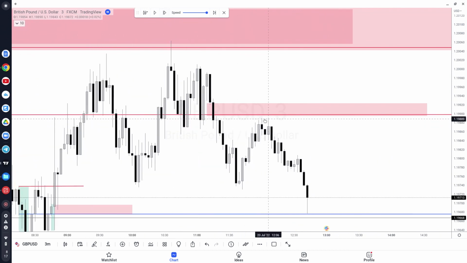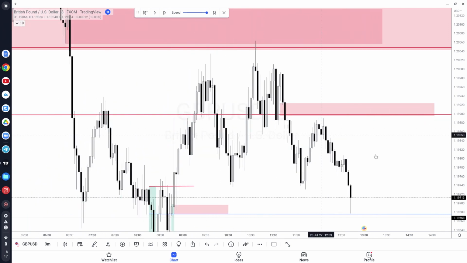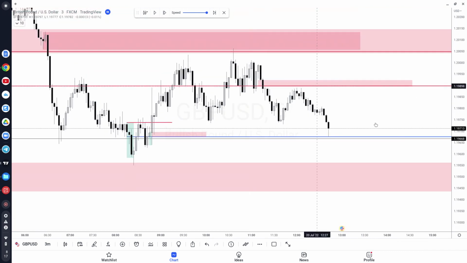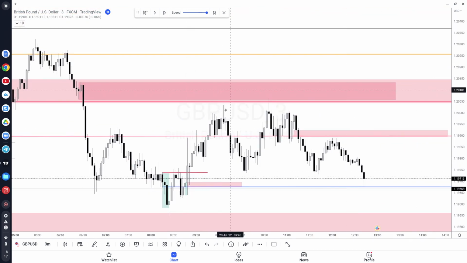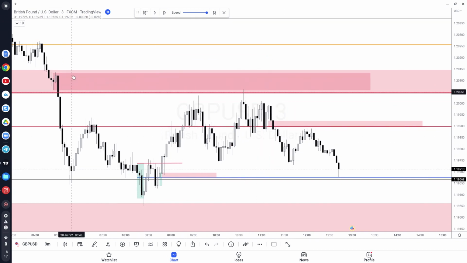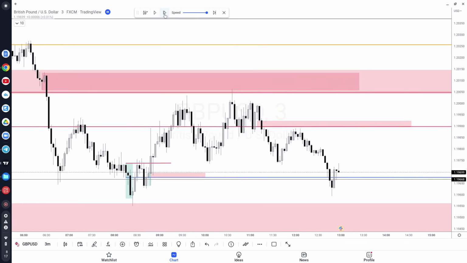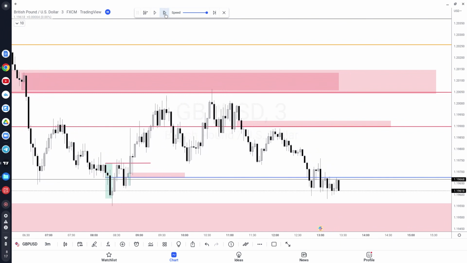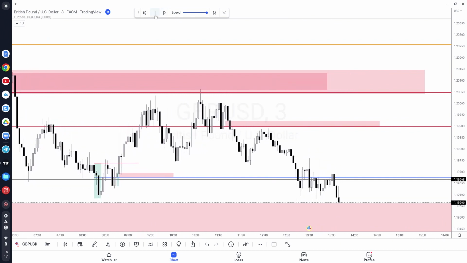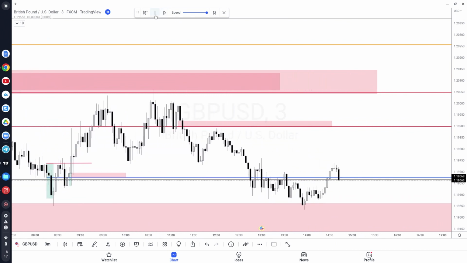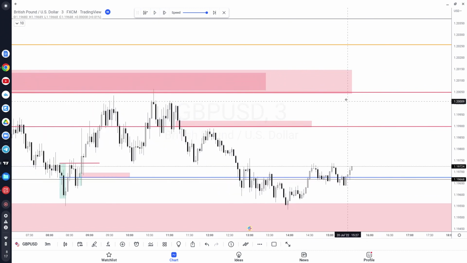But if price comes this close, I'm entering this position and my stops are going above that high, which I did not do this today. I took these buys, and that was it. I'm just running back into this area. All right, but that's the breakdown on pound USD for today.